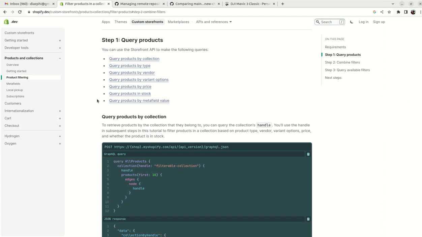If you want to filter your products by collection, you can do that as well. Product type, vendor, variant options like color, sizes, price, stock, or probably if you need a metafield. And in this video, I will demonstrate how we can add the stock availability and the